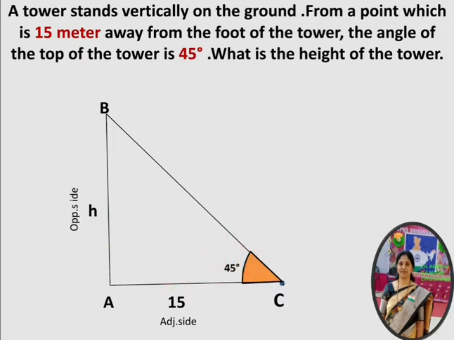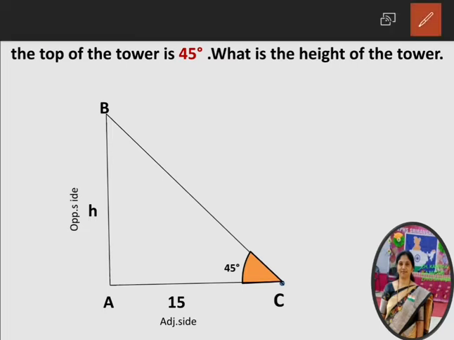So that means we have to choose the particular trigonometric ratio which is suitable for this diagram. We have to find the opposite side, the adjacent side is given and the angle is given here. So the opposite adjacent related trigonometric ratio is tan. So we have to take tan theta and continue the problem. So we can solve the problem like this.